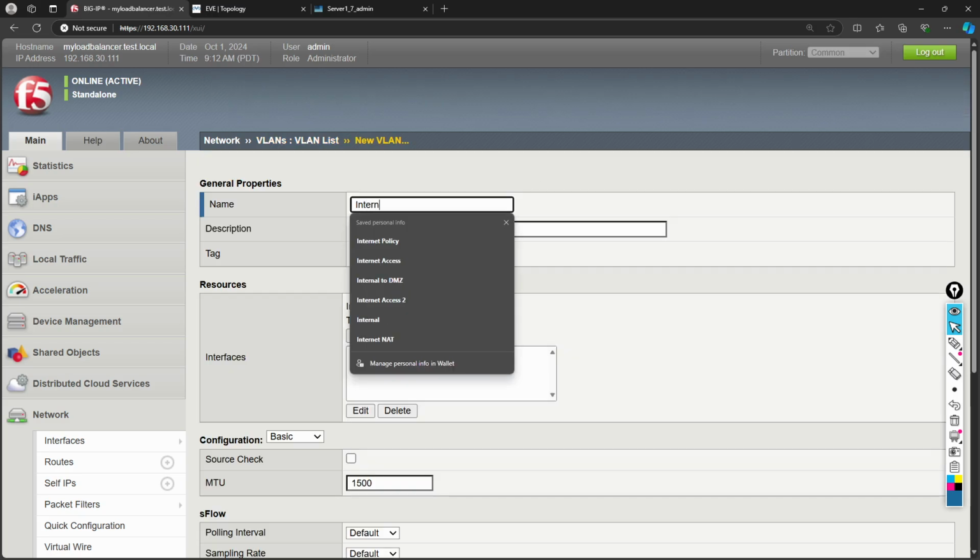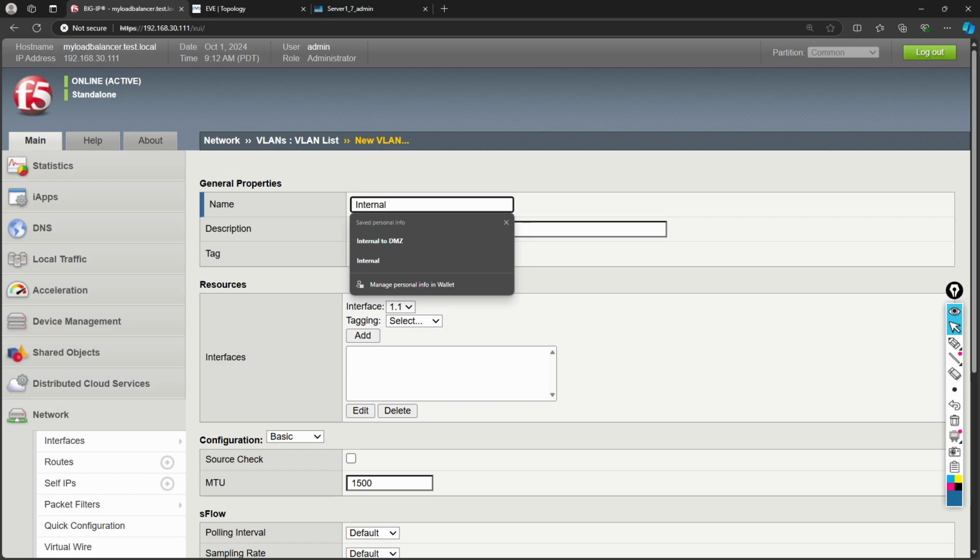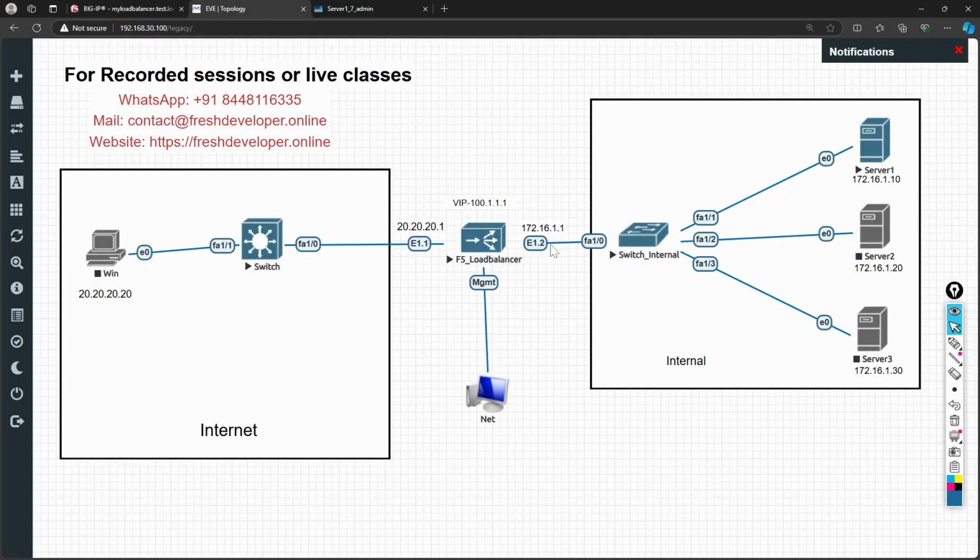First one I give as an internal VLAN, and tag is not mandatory to give. And the internal side is our this 1.2, right? This is our internal side. So here I will select 1.2,